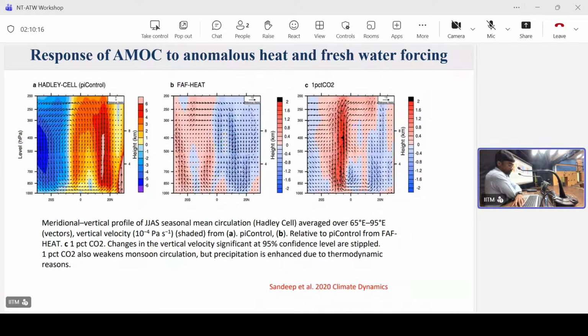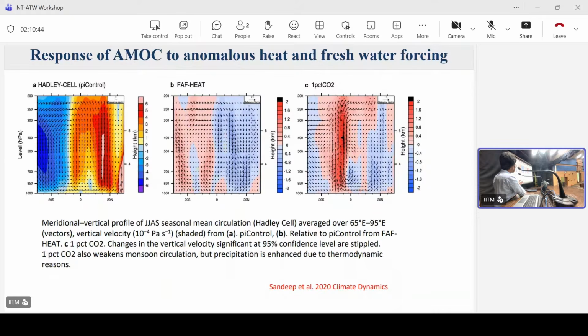In this case, what we have been discussing is just a change in the AMOC alone. It's an idealized case. But in general, the carbon dioxide concentration is also increasing. That can cause warming, change the Arctic sea ice, cause freshening, and also cause an AMOC weakening. So we try to understand the balance between these FAF experiments and the real case, that is the 1% CO2